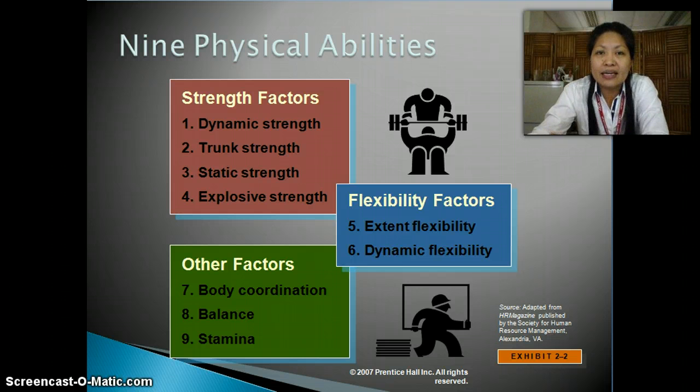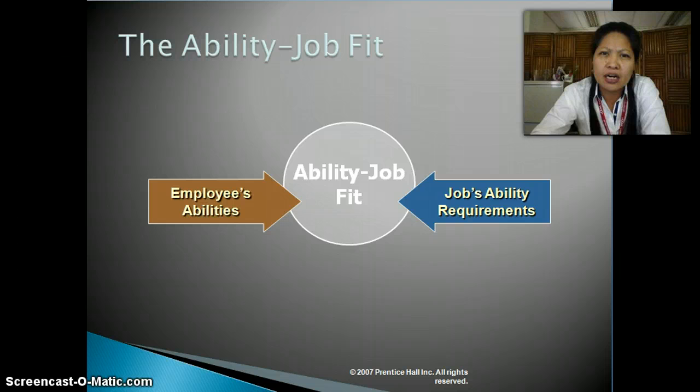And stamina is the strength that we have over time, how we are able to keep up, like running. That's stamina, how we are able to preserve and extend our power. Okay, so these are the 9 physical abilities, which are usually needed in work that requires physical strength or manual